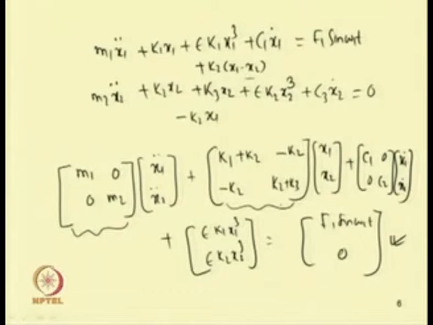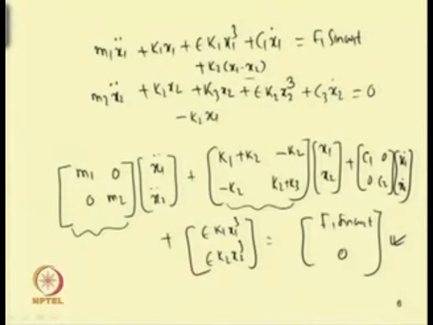So, we can write this equation in an uncoupled form, or at least the linear part can be written in an uncoupled form by using the modal analysis method. That means, we can find the dynamic matrix. So, let us find dynamic matrix A equal to M inverse K. So, if you write A equal to M inverse K and find the eigenvalue of this, and eigenvector of this, then we can write the modal matrix.